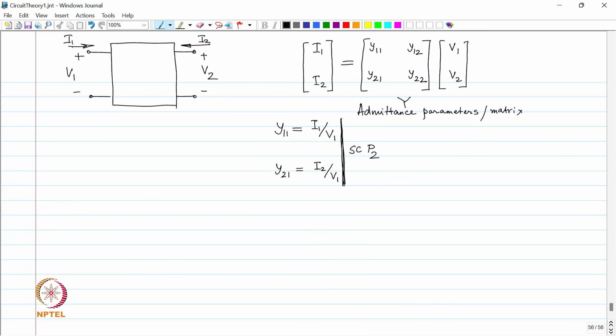Fine. Next experiment, we are going to look at y 1 2, which is nothing but I 1 by V 2 when V 1 is equal to 0, and y 2 2 is nothing but I 2 by V 2 when V 1 is equal to 0, which, V 1 equal to 0 means port 1 is a short circuit. Fine. All right, let us do an example,